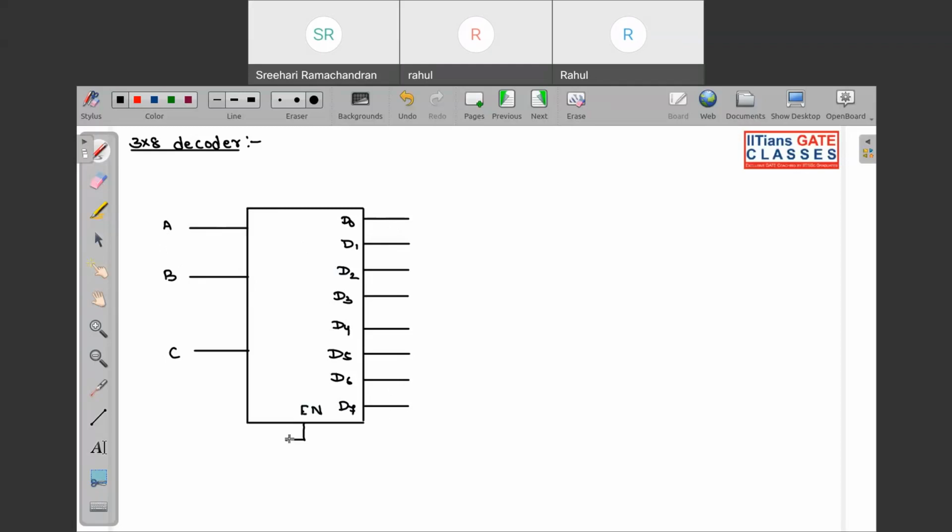And this is your enable input. Enable is kind of a switch. If enable is 1, so this is enable high, then only this 3 cross 8 decoder will be operational. If enable is 0, whatever input we give, the decoder will always have 0 output. It will not produce any output. So basically, this combination of A, B, C can be